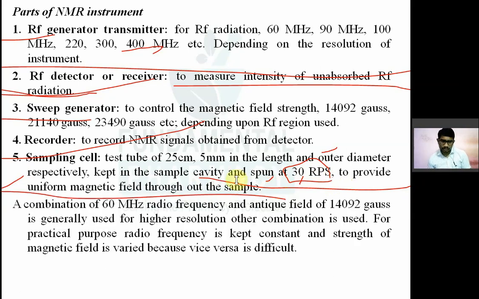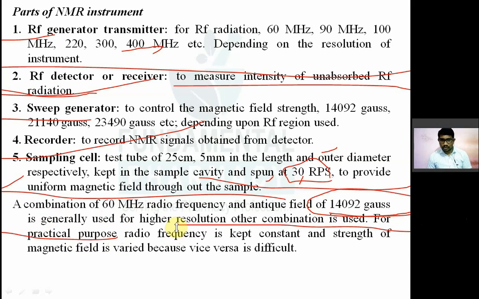A combination of 60 megahertz radio frequency generator, a sweep generator of 1000 to 14092 gauss is used generally. ये इंस्ट्रूमेंट यूज होते हैं, 60 मेगाहर्ट्ज इंस्ट्रूमेंट. ओके, 60 मेगाहर्ट्ज एनएमआर यूज करते हैं, उसमें ये स्वीप जनरेटर होता है 1000 वो 14092 स्ट्रेंथ का. नाउ इफ यू वांट हायर रेजोल्यूशन यू कैन यूज मोर हायर रेजोल्यूशन, सो अदर